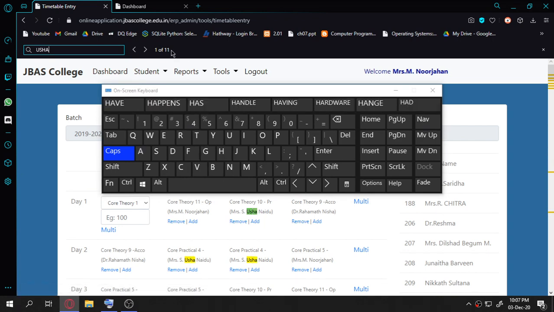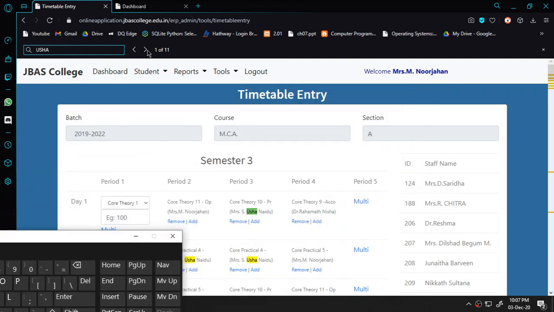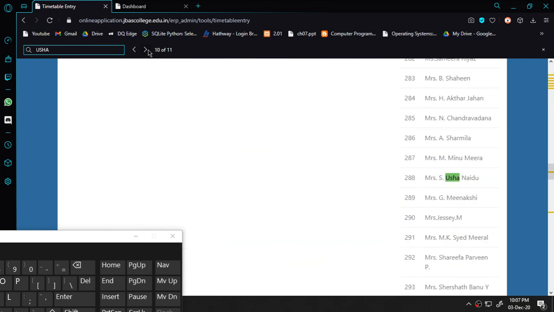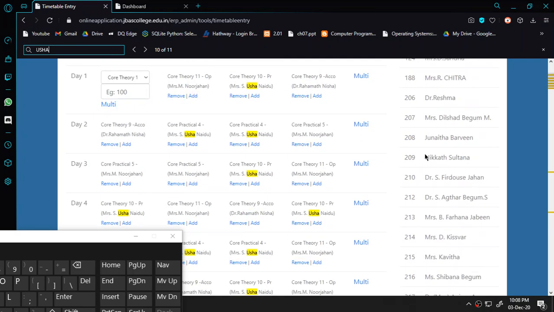Okay, I am choosing, it is showing many entries, and now let me go to the entry where I can see the register number or ID number of the staff. Here I can see 288 is the number. I can use Control F, which is for searching for anything in the system. I give Control F, this bar will come, and I type the name. I have got to this place where her name is here and her ID is 288. So I scroll up, and then I have to give the value 288.